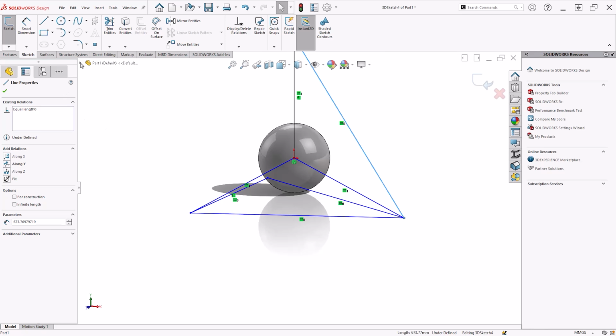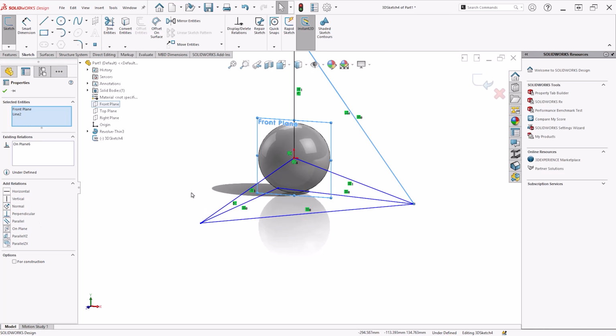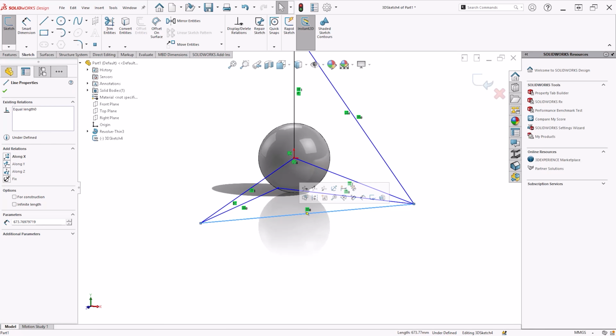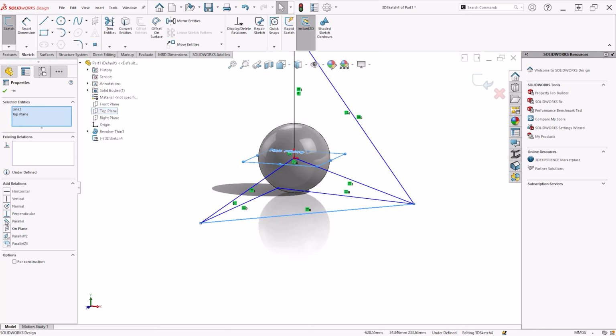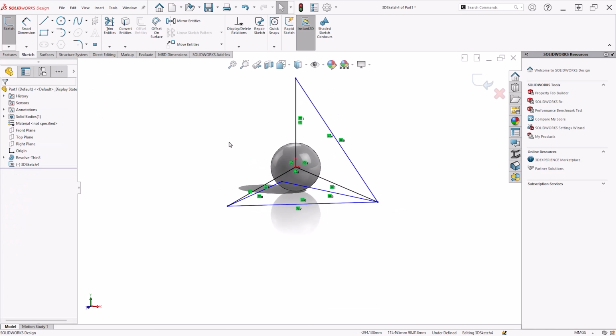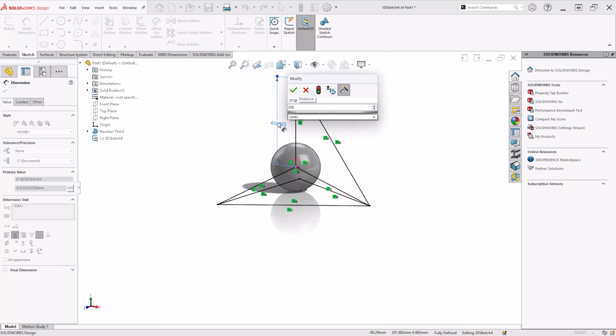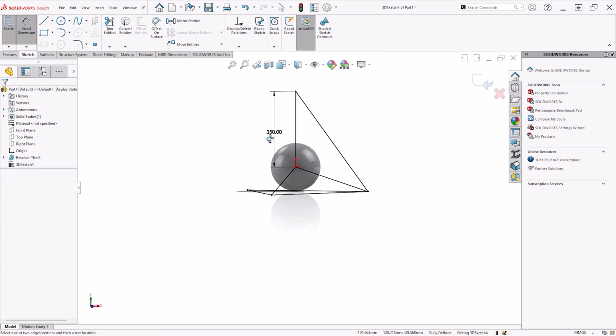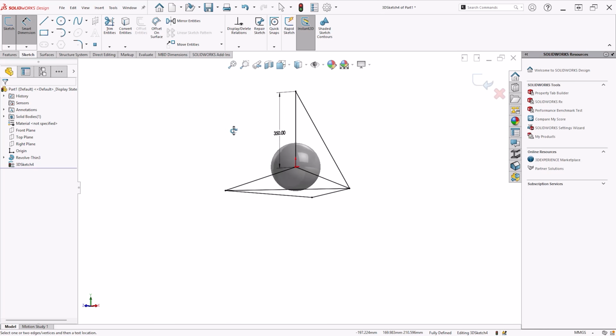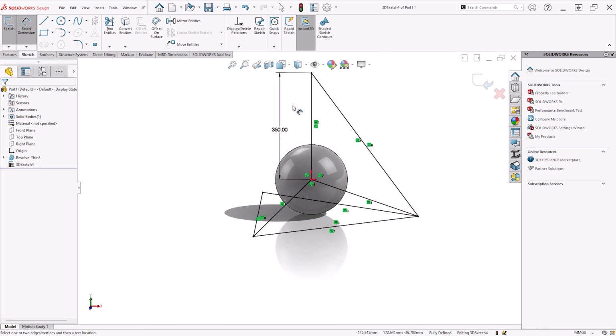Let's start off by saying that edge should sit on my front plane. Thank you very much. And this edge here, that's at an oblique angle, needs to be parallel with the top plane. So we're getting closer there. You can see these central lines have now turned black. It knows exactly where they are. So let's put a size on here. I'm just going to use the same size as before, just a nice round size. That will give me all the vertices and edges that I would need in order to create a tetrahedron.